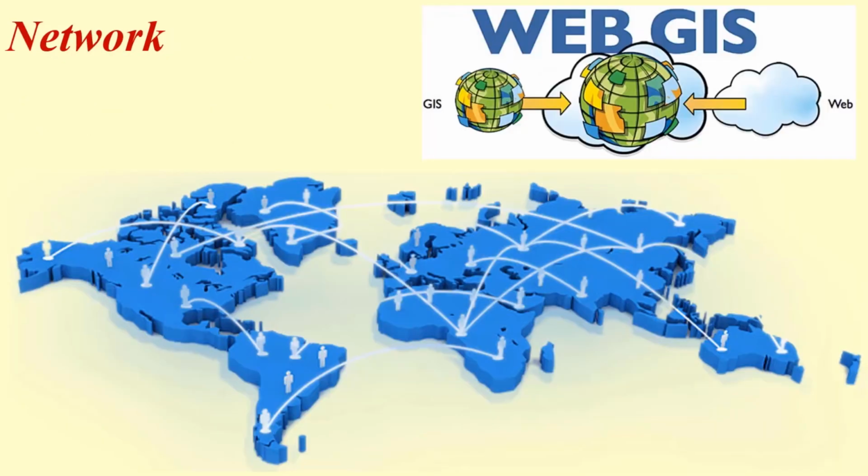The final component is network. It is not necessary for standalone computer-based GIS work, but it is necessary for GIS tasks which are collaborated with several organizations located at different places. Network allows GIS users to connect online in real time, and data can be shared to increase the productivity, and so on.